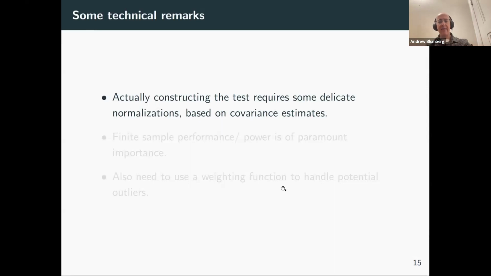One of the things that drives the difficulties here and the interest is that for our purposes, we care an enormous amount about finite sample performance for obvious reasons. Like the data sets, as I'll show you at the end in an application, the data sets that we care about are not very big. And so we're really not in the asymptotic regime. So we really need to worry about what do these things look like in finite samples? Do we have adequate statistical power to see anything? Also, these kinds of tests, if you're not careful, are very sensitive to outliers. And in some of the applications, the genomic applications that I'm interested in, outliers are a problem.